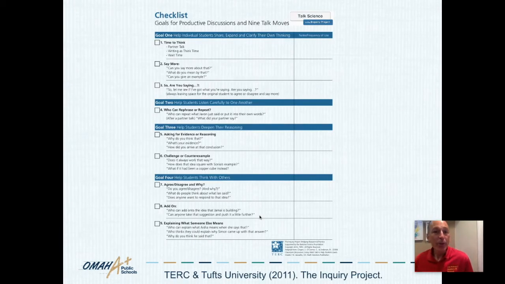First, some free resources. The first of these is the one-page checklist for teachers to refer to while scripting a planned discussion, or even to refer to in real time during a classroom or synchronous discussion, or to nudge students in an asynchronous discussion thread. This comes from Talk Science. It is out of Turk and Tufts University. Additional teacher supports are available in a document and video series to demonstrate classroom use.